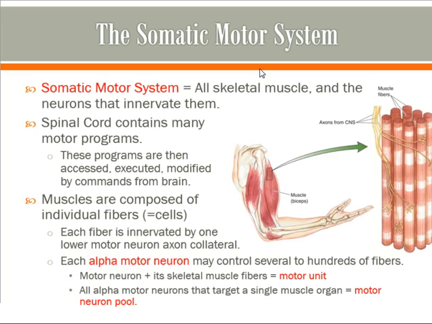There are certainly also a lot of motor programs related to reflexive control and balance, and monitoring and maintaining limb angles. So if I am walking along and I lose my footing with one foot and put a little extra weight on my other foot, there are spinal reflexes that will immediately and reflexively cause increased contraction of my leg muscles to oppose that lurching forward as I'm starting to lose my balance. So we have spinal programs that can execute a lot of motor actions, and then we can modify those commands based on descending output coming out of the brain.